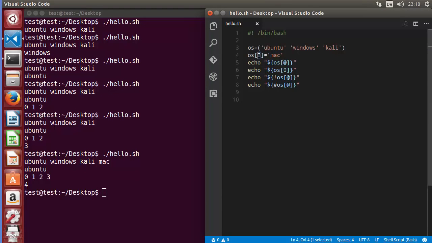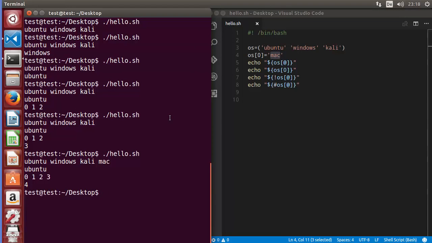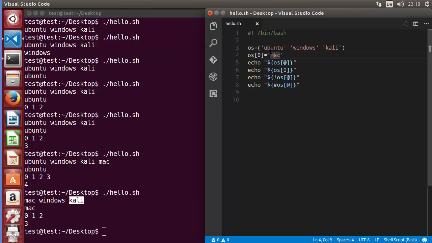Now if you want to update this, for example I write here at the 0th index, then this Mac will be assigned at the 0th index, which is going to replace this Ubuntu by Mac, right? So let's run the script, and you can see now it has at the 0th index Mac, then Windows, then Kali. Okay, so if you want to update it, you just need to write the index of the element which you want to replace, and then you just assign the new element value. Okay,